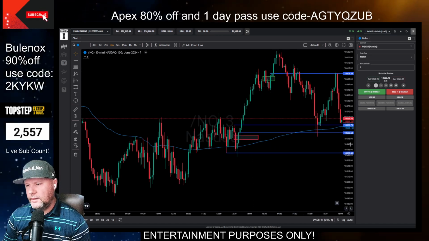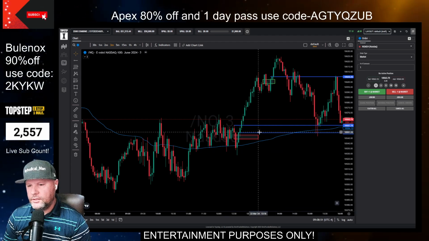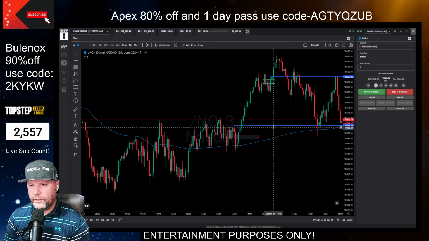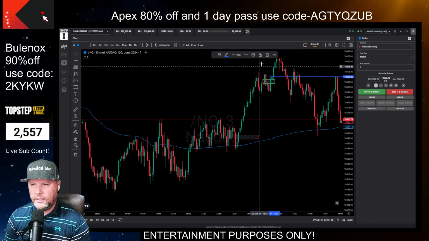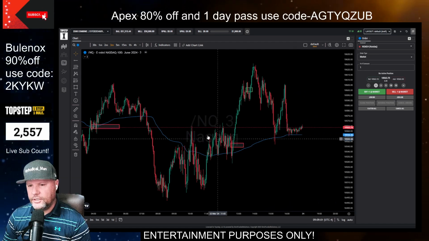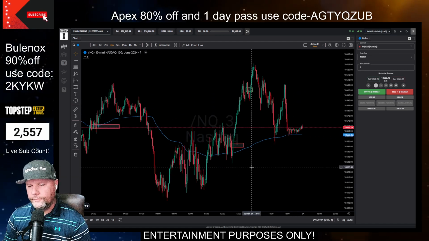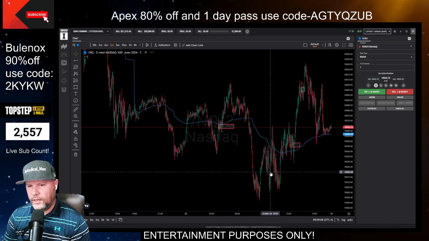Now, one important thing of note, where price is does matter. So you're not going to take these inversions just anywhere, right? You want to know the draw on liquidity or have an idea of where the draw on liquidity might be. It's going to make it much higher probability for it to work. So that's important. Or you can use the simple rule of,